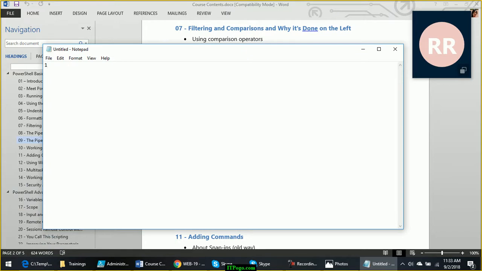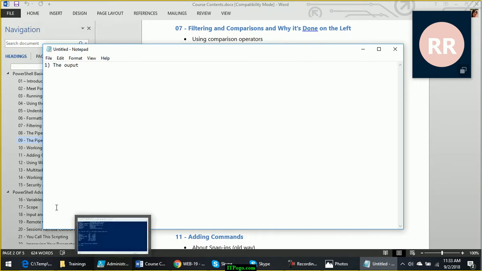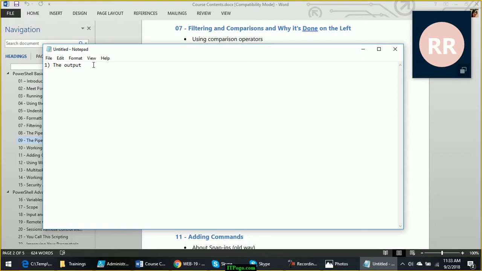First rule: for plan C to be successful, the output properties of the first command should match with the input parameters.